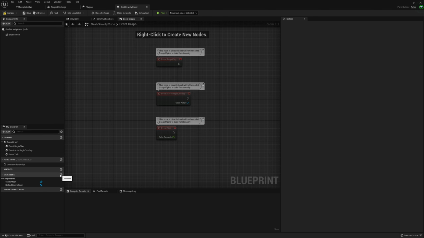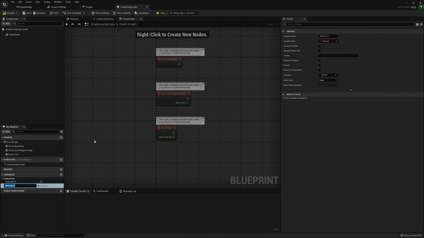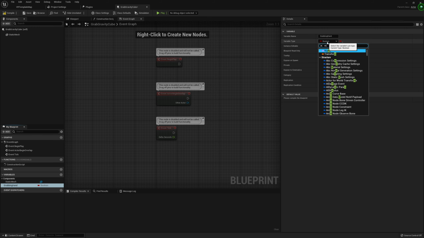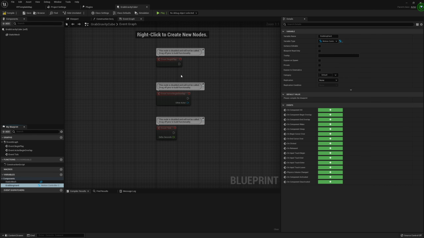What we will need is to add a variable here, and I'm just going to call this grabbing hand. And we're just going to give this a variable type of motion controller. And the reason for this is in our player that we're going to create, we'll actually end up setting our grabbing hand here, so that way we actually know what hand is currently grabbing our